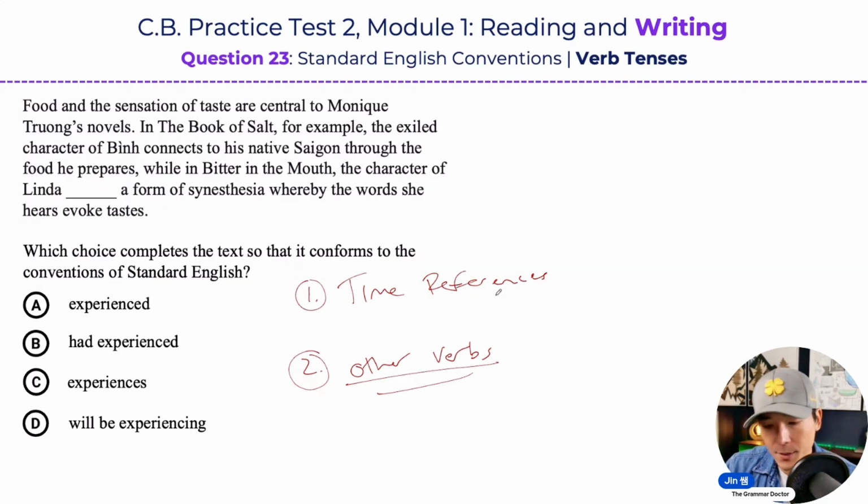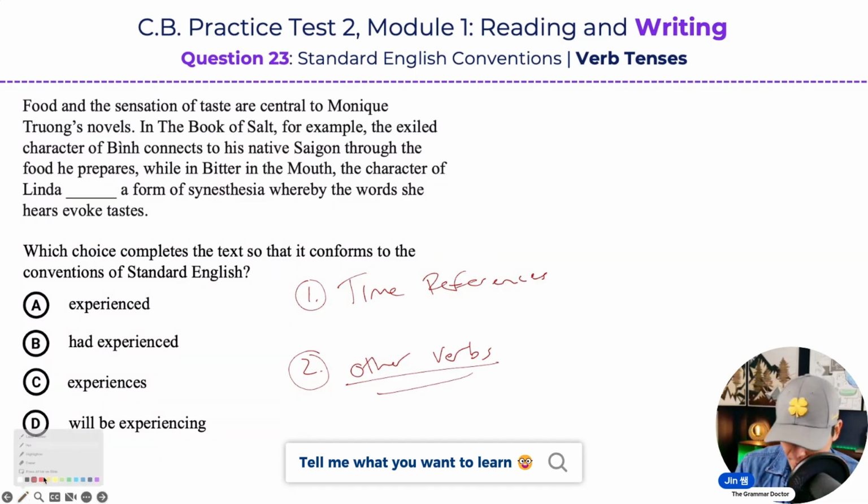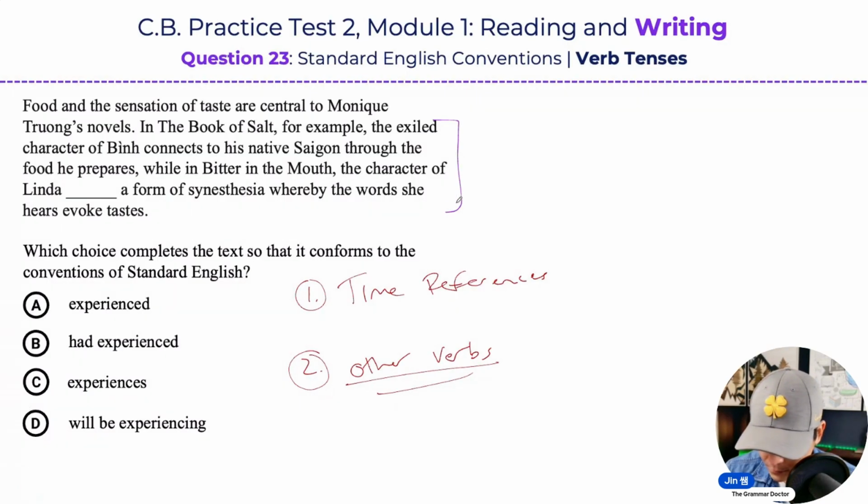So other verbs are important to look for. It's a context clue as well to help you figure out which tense to use. And again, the reasoning behind that is verb tense consistency. You want to keep verbs that are part of the same explanation in the same tense. So here, what I noticed is you don't have any time references, but you do have other verbs that you're looking for. Now, ideally, you want to look for other verbs in the sentence that the underlined verb is a part of. So this one here,